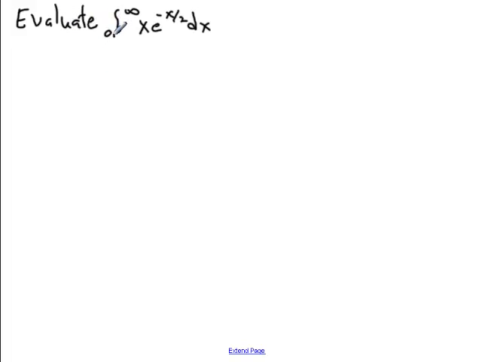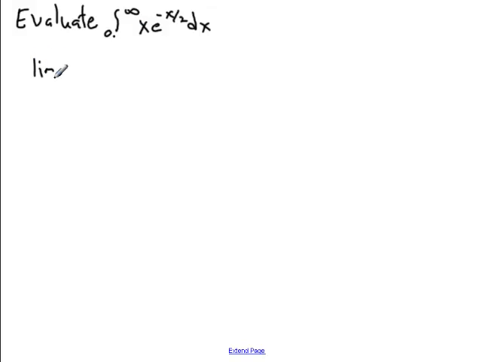Evaluate the integral from 0 to infinity of x e to the minus x halves dx. So what we're going to do is look at this improper integral where we're going to evaluate the antiderivative between 0 and infinity. The way to do that is to